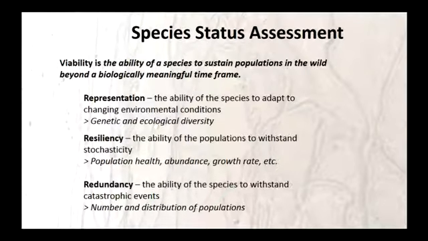The first way of assessing the viability is through this thing called representation. And so will these species have the ability to adapt to changing environmental conditions currently and in the future? And so really what you're trying to do there is preserve things like genetic diversity. Do an assessment and see if there's genetic variation across the range, or there's some pockets of seemingly unique genetics in one part of the range versus another.